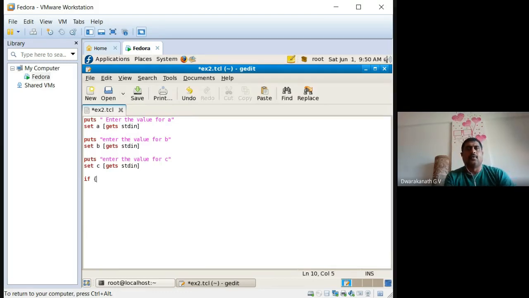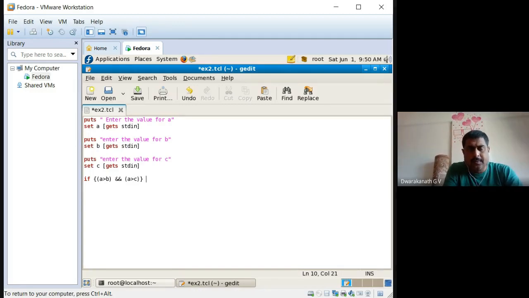Right? Now, you see this. Next, I will take like this. A is greater than. You can give space or no space, also not a problem. A is greater than B and A is greater than C, right? Or you can give a space and close, not an issue, or no space and close, also not an issue. Usually no space will be given here. Don't give any unnecessary spaces here.